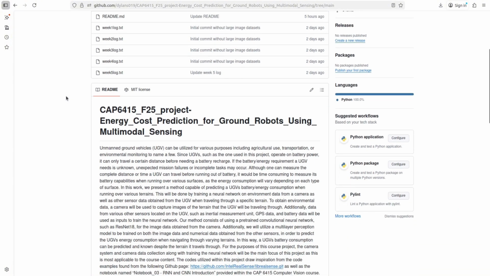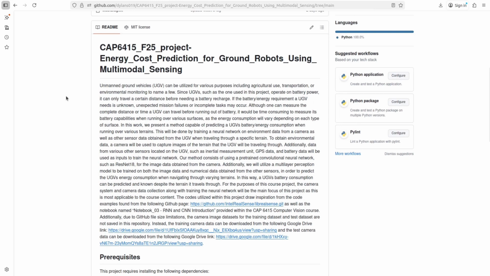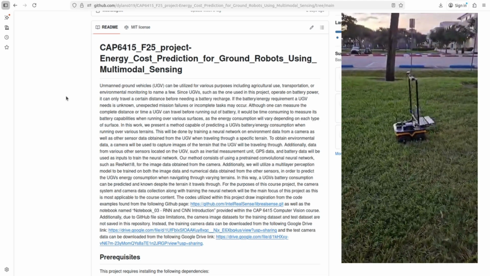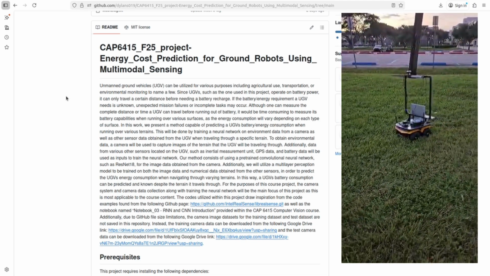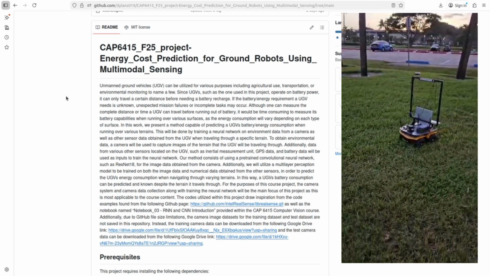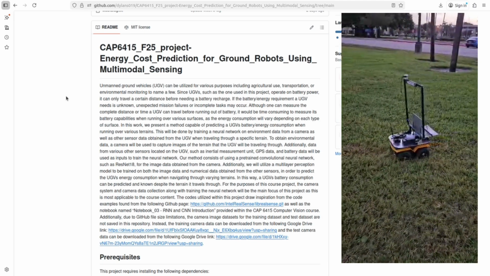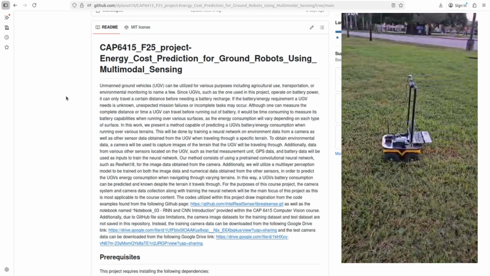The aim of this project is to utilize and train a neural network model to predict the amount of energy required by an unmanned ground vehicle, or UGV, to navigate through various types of terrains. For instance, the UGV I worked with is capable of traversing through terrains such as grass, concrete, rocky surfaces, and other types of terrains where the energy cost that the UGV will require will likely be different depending on the